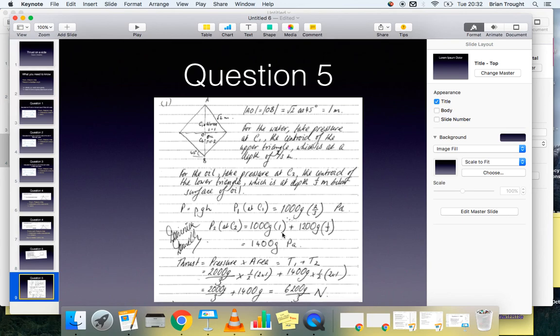All right, so he's multiplied that out, 2,000 G/3, that's that, multiplied by the area. Area is half the base by the perpendicular height. Do the same for the one on the bottom, half the base by the perpendicular height, add them, and you get 6,200 G/3 newtons. And that's the last example. I'd suggest doing plenty of